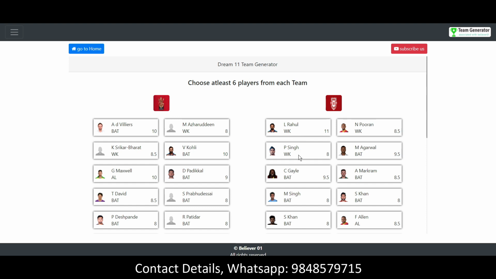We need to select at least 6 players from each team. So I'm going to select all 22 players, all the playing 11 from both sides, for creating 25,000 teams.